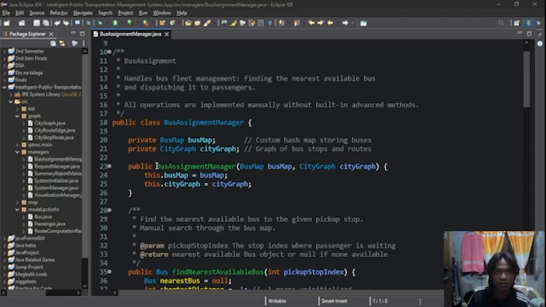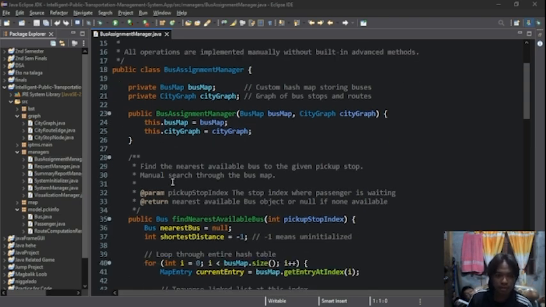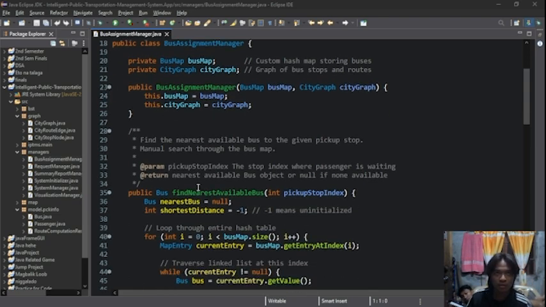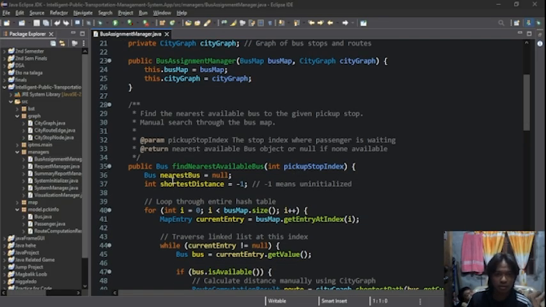And the constructor of bus assignment manager. The constructor initializes the manager by taking a reference to the bus map and city graph. This prepares the class to scan buses and compute routes whenever a passenger needs a bus. Next is the method find nearest available bus.